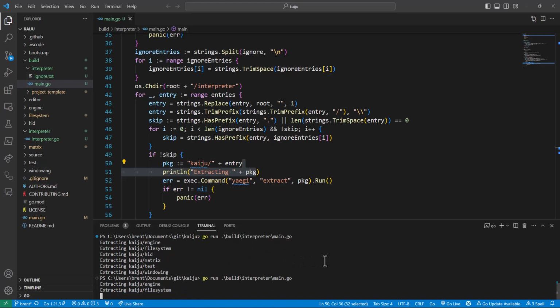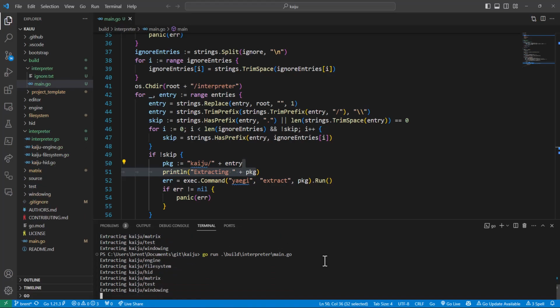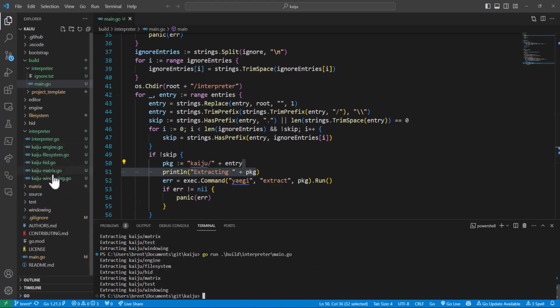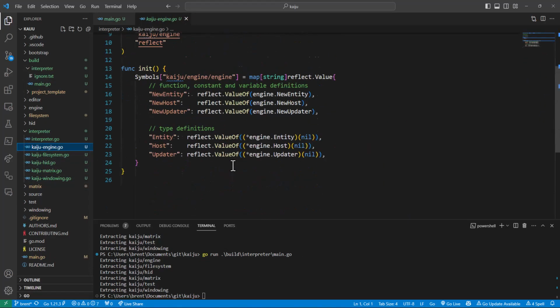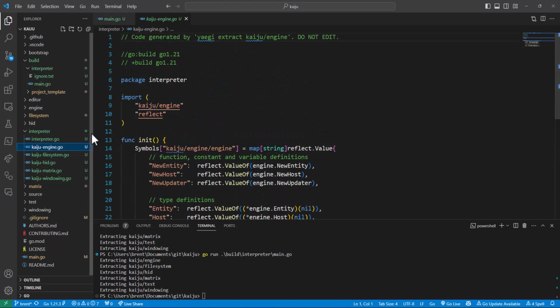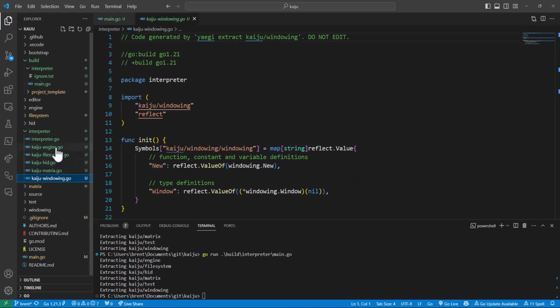On Linux, this is way faster whenever I did some testing. But now you see we're getting all of our symbol files being built. So we'll probably build this on Linux, or I'll probably build this on Linux when we need to. This really just needs to be built once we go in and